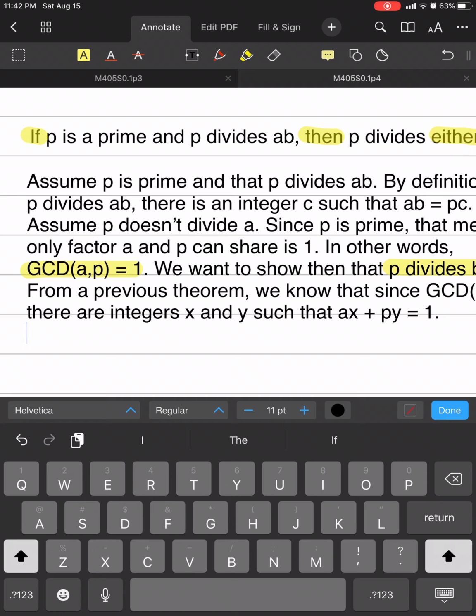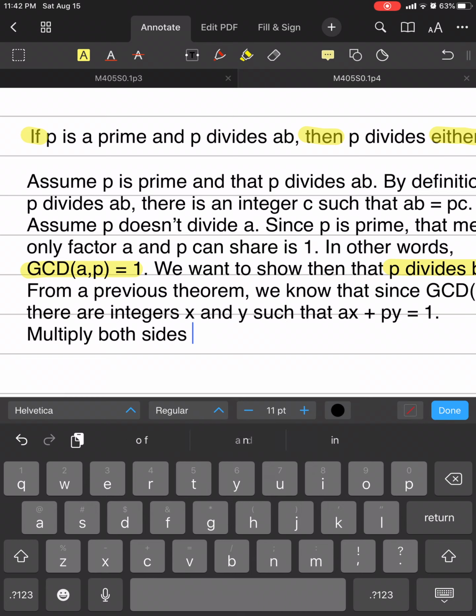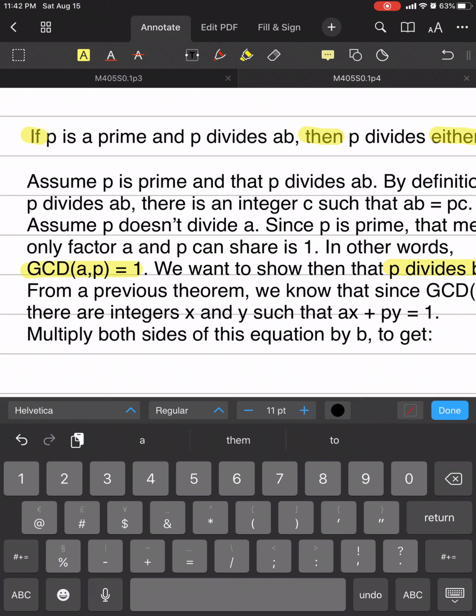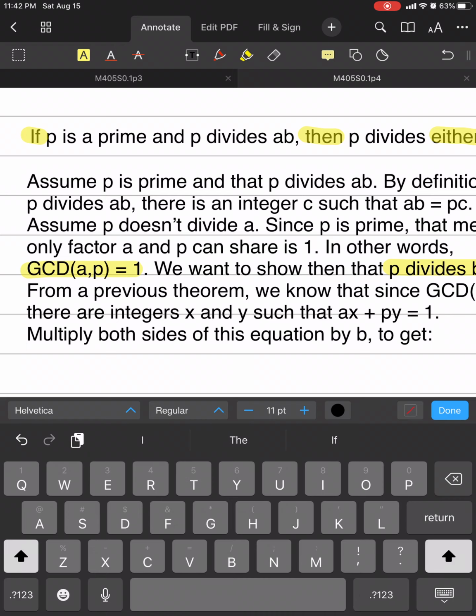If we have AX plus PY equals 1, we can multiply both sides of this equation by B to get ABX plus PBY